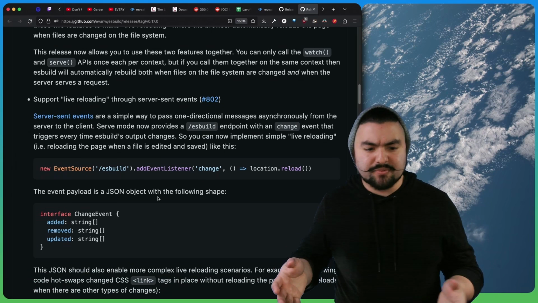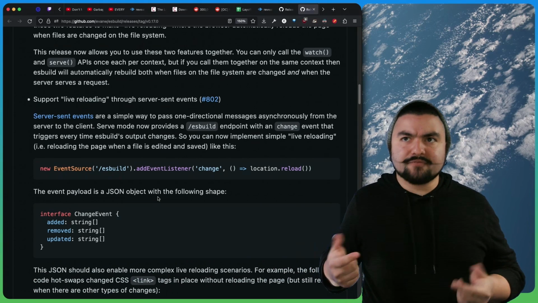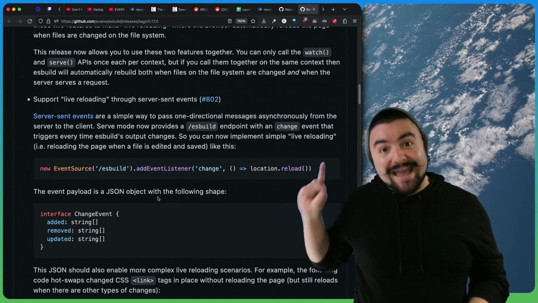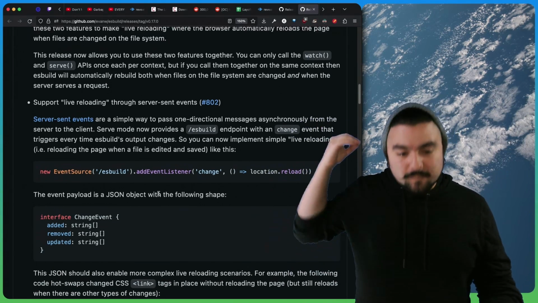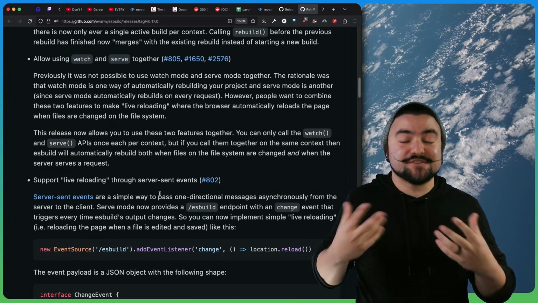Now, if you've built an app with Vite and use the Vite CLI or the Vite templates, you've got live reloading, but it's actually added on top of ESBuild. Now that we can have live reloading within ESBuild itself, it is going to give us a much faster developer experience,